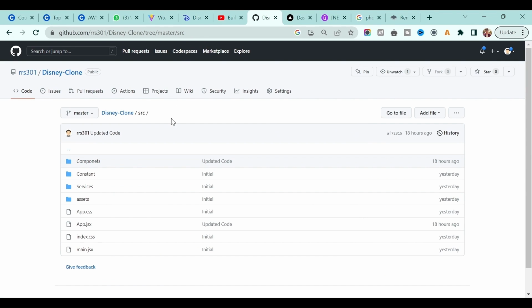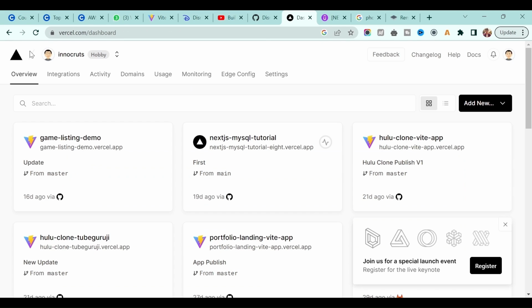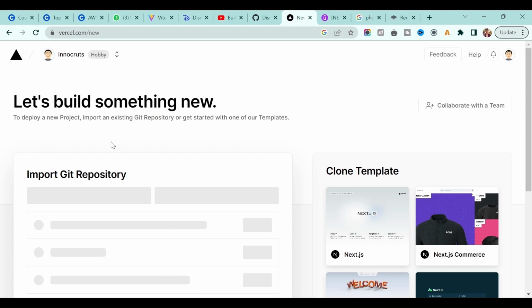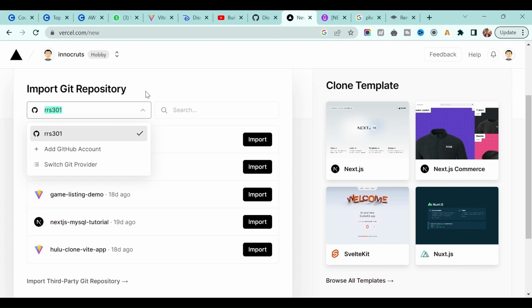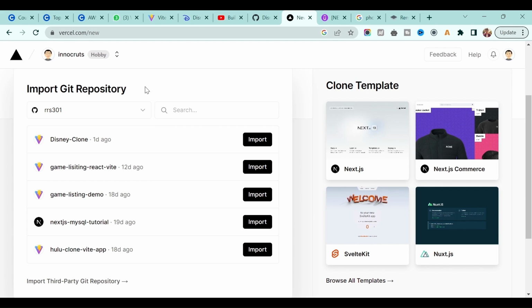Right now, the next point, once you push your code to GitHub, or you can use GitLab, it's up to you, then open Vercel. Okay, and if you don't have an account on Vercel, then create a new account. Once you are on this page, this is the dashboard, click add new and select the project. Right now I'm getting this GitHub repository access, but you can choose from GitLab or GitHub, it's up to you. Right now I connected to GitHub.